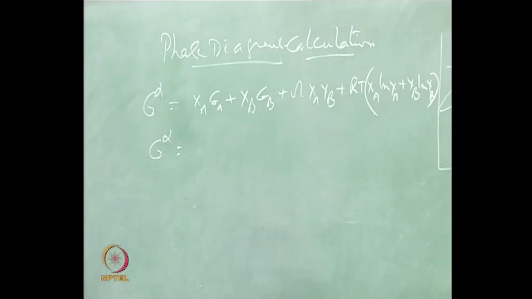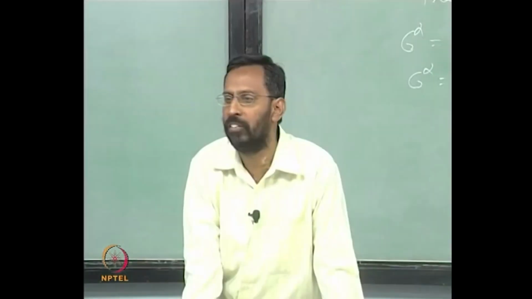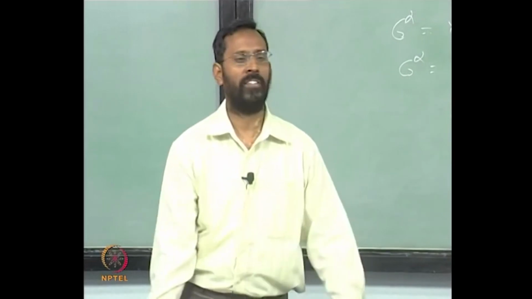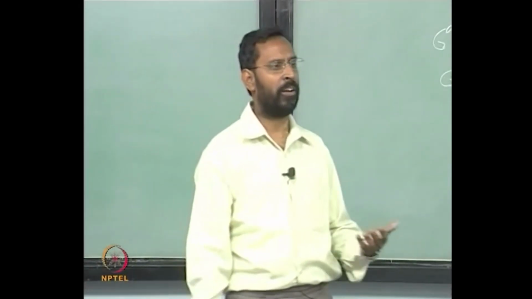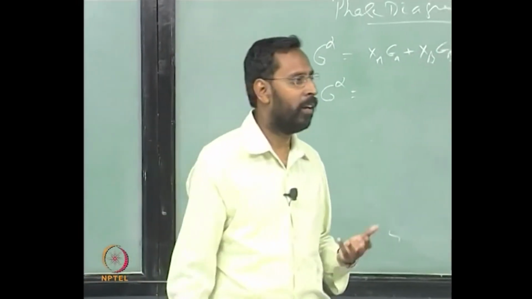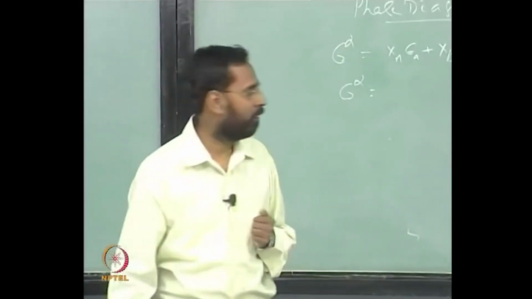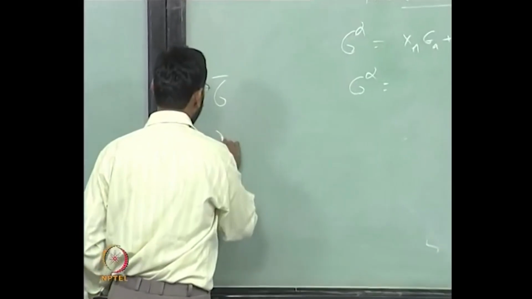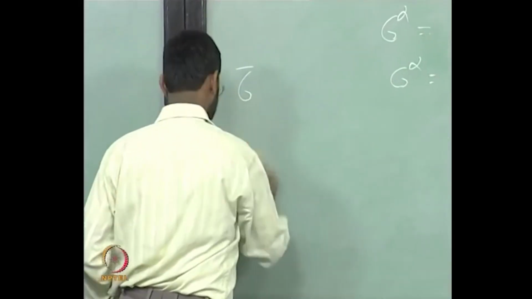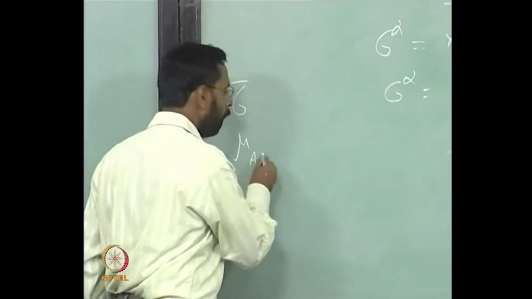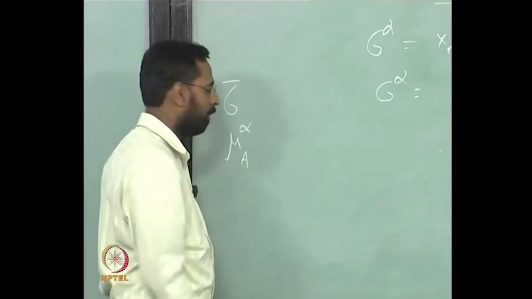Why I have to bring in chemical potential here is because our equilibrium definition is from the chemical potential. All of you know that in a multi-component system, more than a single component system, whether it is binary or ternary or quaternary, the equilibrium is always defined by equal chemical potential. When I say the chemical potential of a particular element, some people call it G bar, some people call it mu, of a particular element in a particular phase, if it is equal,